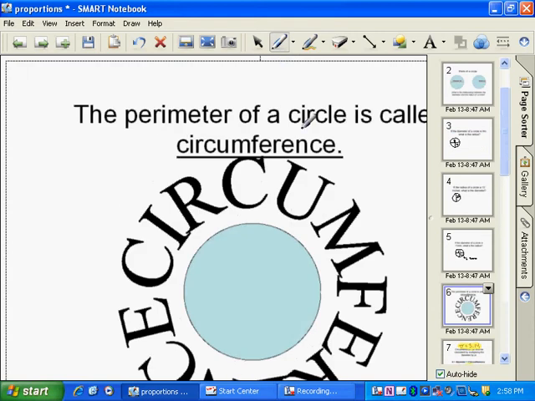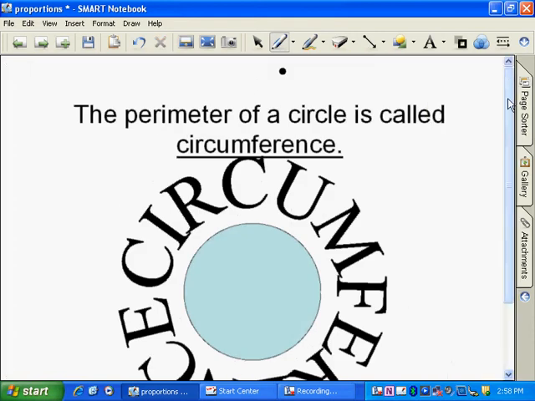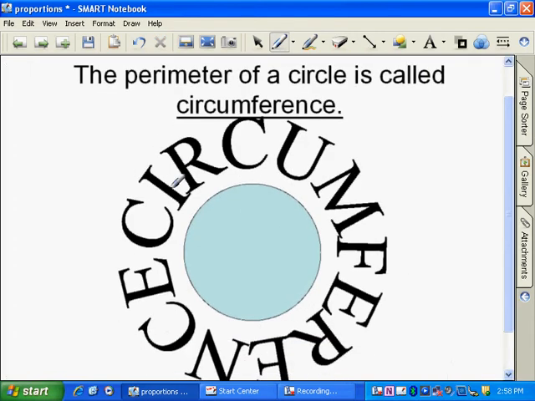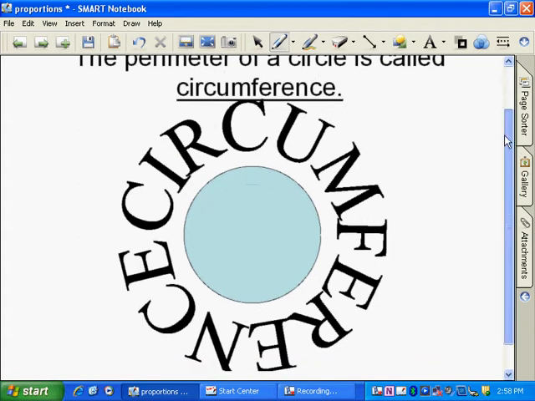Okay? Now, to talk about circumference, circumference means perimeter of a circle. We don't ever talk about perimeter of a circle, we refer to it as circumference. Okay? So if I took a piece of string and I started it here and I wrapped it all the way around the outside edge of the circle, and then I straightened it, and then measured it,